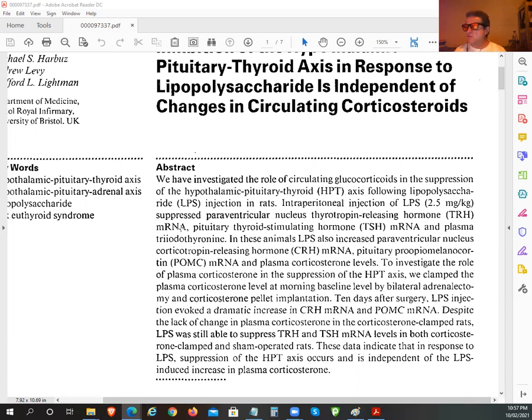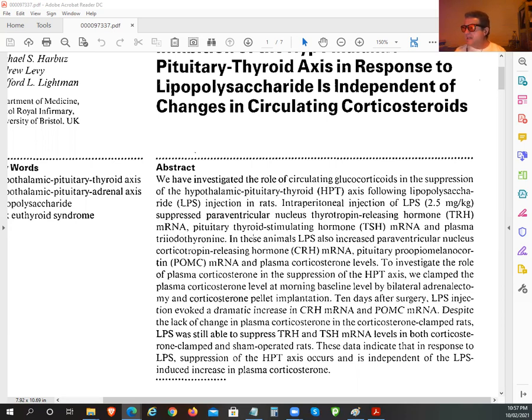So RNA transcription, which is basically just the body's way to actually transcribe these hormones. So everything uses RNA transcription to produce hormones, proteins, enzymes, blah blah blah, and pituitary thyroid stimulating hormone and the plasma